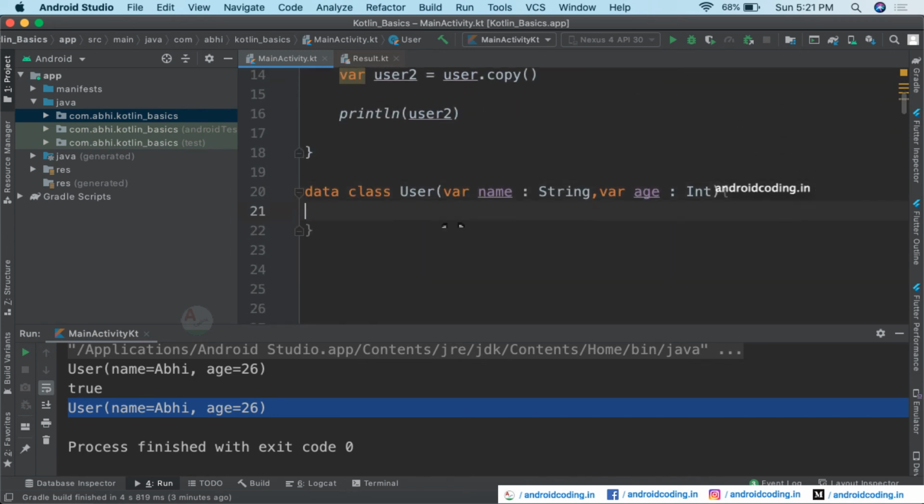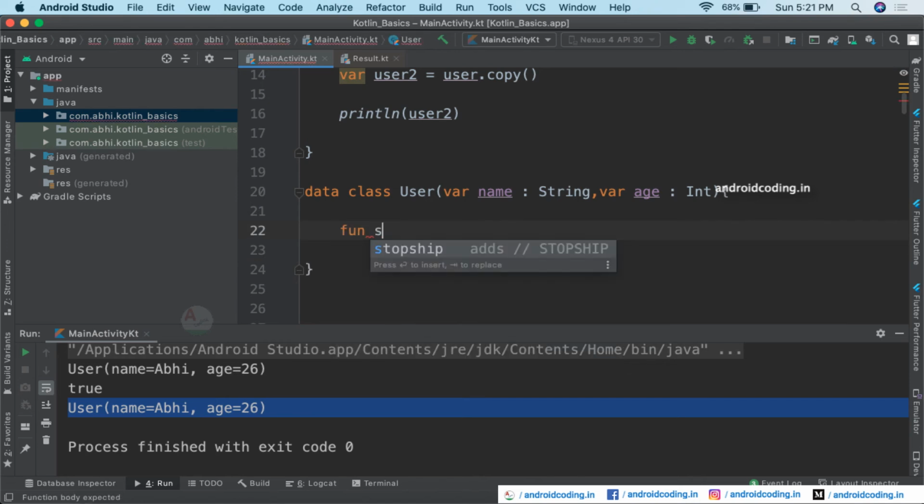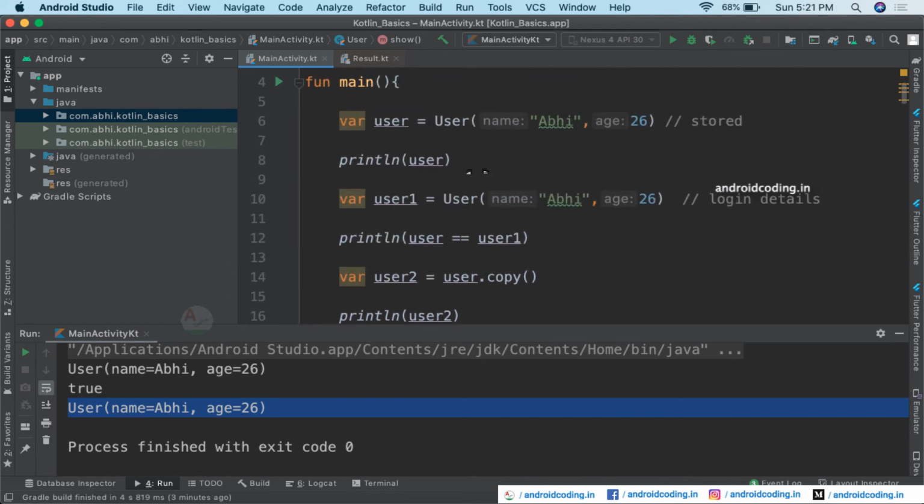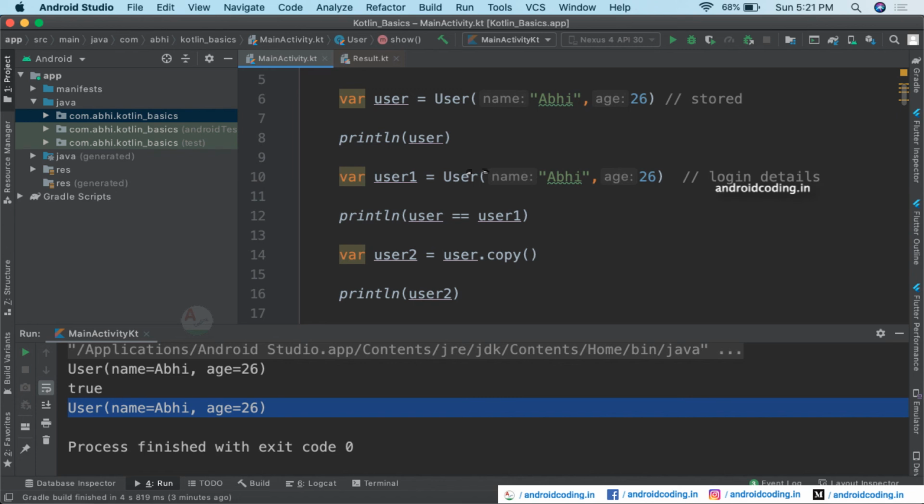And yes, inside a data class you can also have some functions. You can make a function like show and provide some code inside it. So a data class is similar to our general class, but here we are having some extra functionalities provided. We can easily make use of functionalities like copy, hashCode, equals, that is comparing the data, and also toString, that is we are able to print the data by making use of the object. I think you have got a good idea of what a data class in Kotlin is.